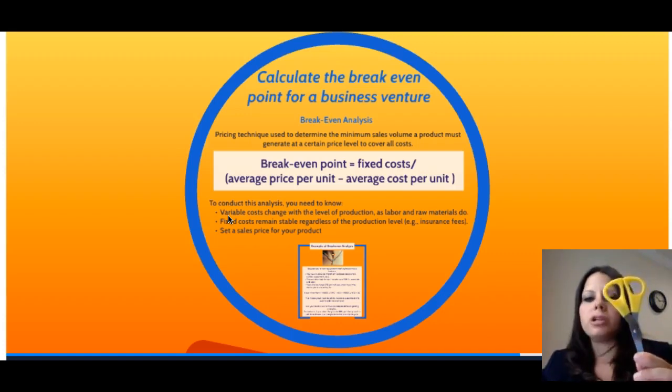That's known as the profit margin. It's how much money is made off of each product sold. That's going to divide into the fixed costs, those total costs you have that are unchanging. No matter how many of these scissors I sell, I still need to pay $3,000 in rent, and I still need to pay my